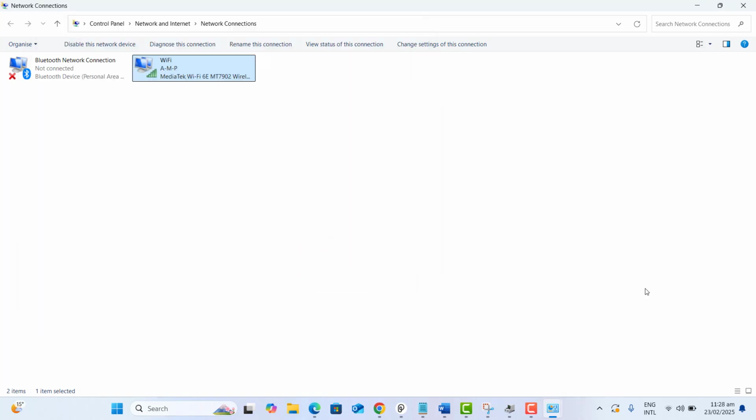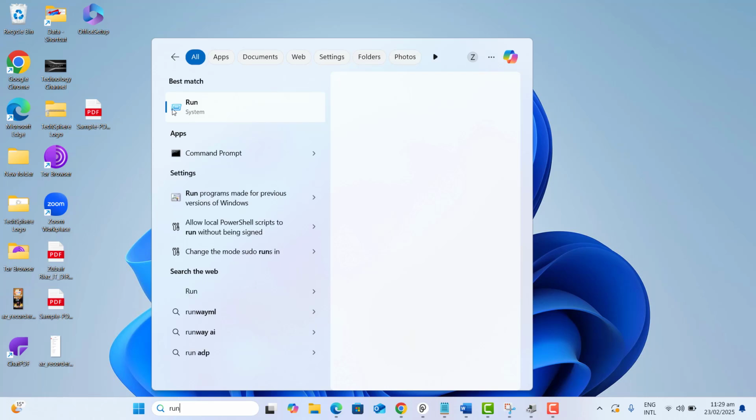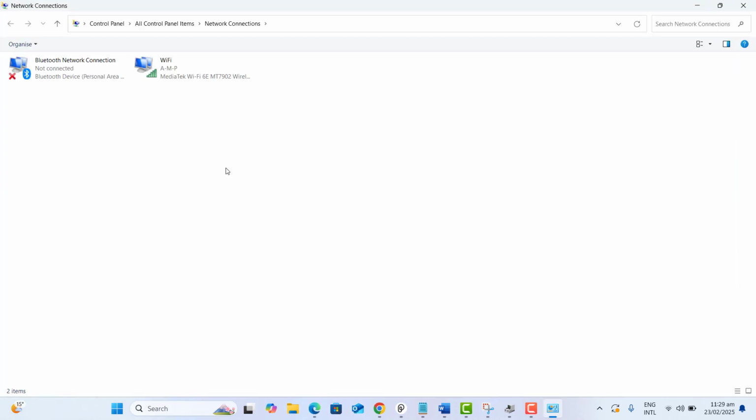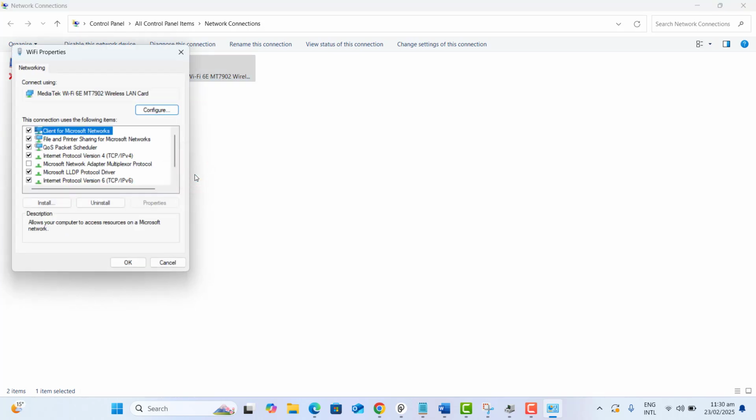So now let me show you the next setting that will not only make your internet stable but also increase your internet speed. To go there, type here Run. Once you have typed Run, type ncpa.cpl in the Run menu and click on OK. This will again take you to your network adapters. Now right click on the network adapter you are using, go to Properties,